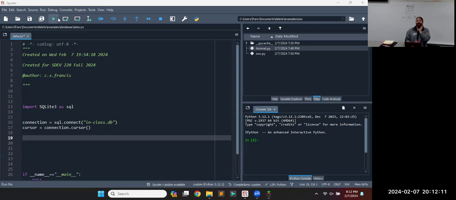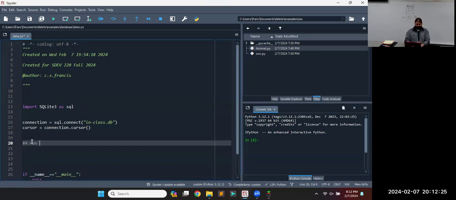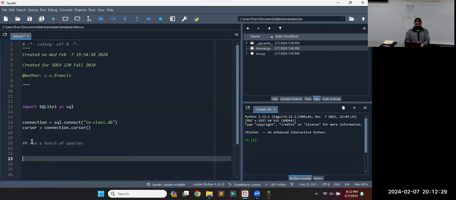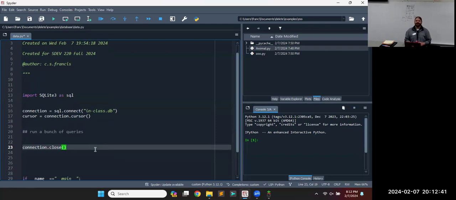The order matters, right? We open the connection, then open a cursor. So later we need to close the cursor before we close the connection. That's our format. Then here, run a bunch of queries. And then down here, I'll just do like they did, connection closed. That'll shut down all the parts of it. And then these are just a bunch of